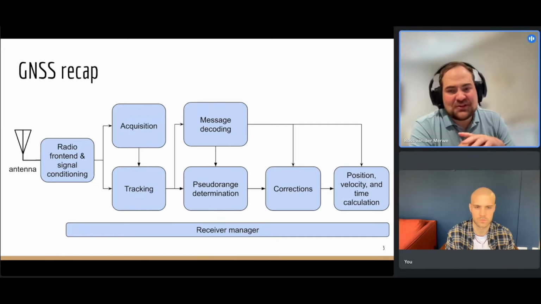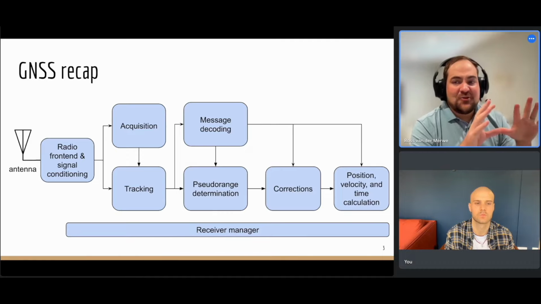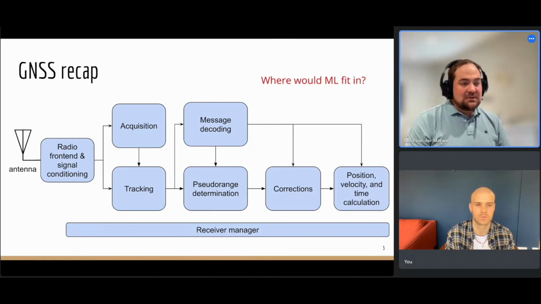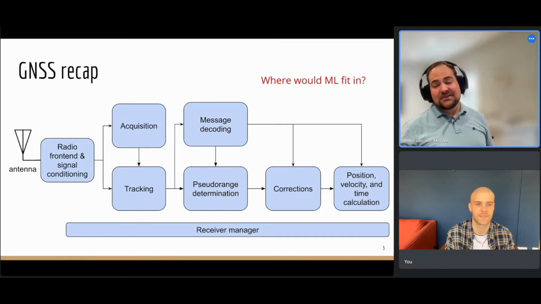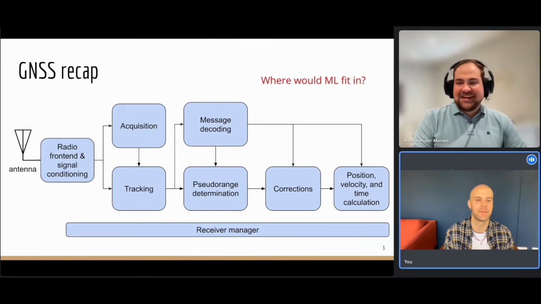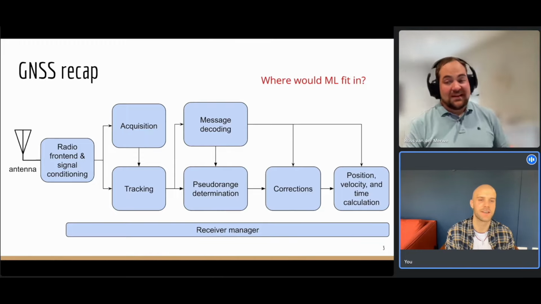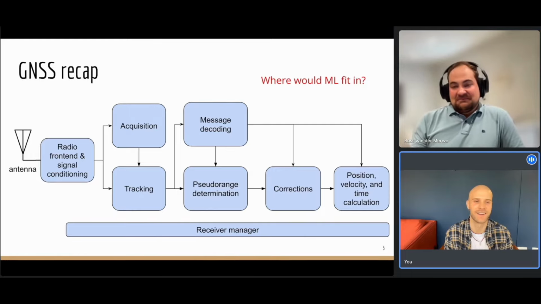Perfect. So the important thing is, once you have this diagram, you have a good idea of all these blocks and what they are. The really big question now becomes, where would machine learning fit in? Exactly. So the naive approach is, well, just take one of these out, put in an ML algorithm, and see if it does better than the current state of the art. And this is a good approach. I can imagine that there are some papers by some people who try to replace this with a neural network somewhere.